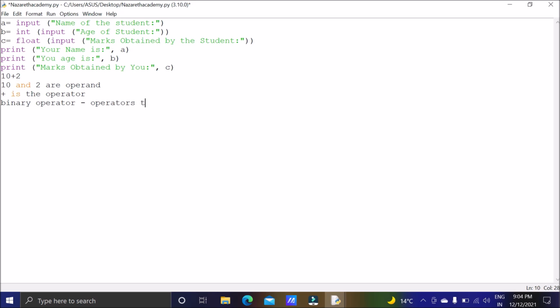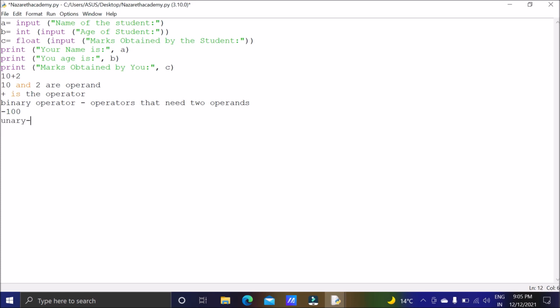Operators that need two operands are called binary operators. But there are some operators which need only one operand also. For example, minus 100. Here minus is also an operator, but it is taking only one operand. So here minus is unary minus.